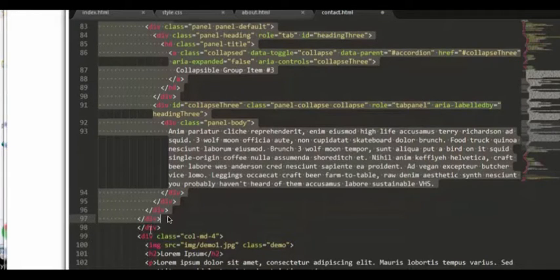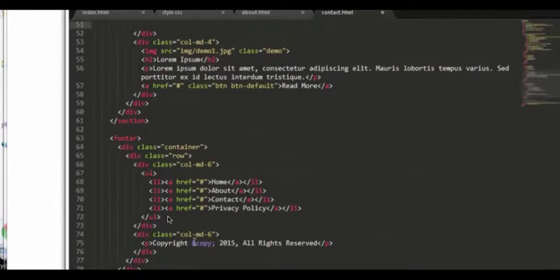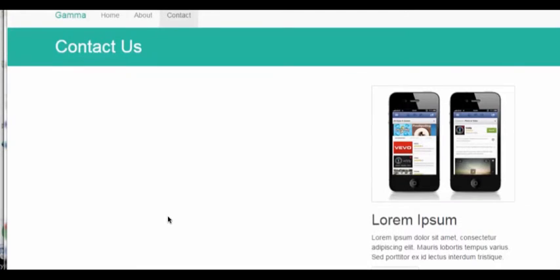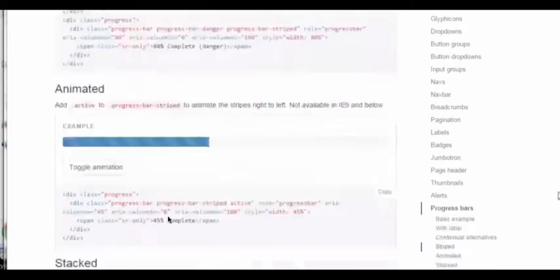So it should come down to, I think, right here. Yeah. Alright, so that should give us a kind of a blank slate. Alright. So now we need to create a form, and if we go to the Get Bootstrap site, you'll be